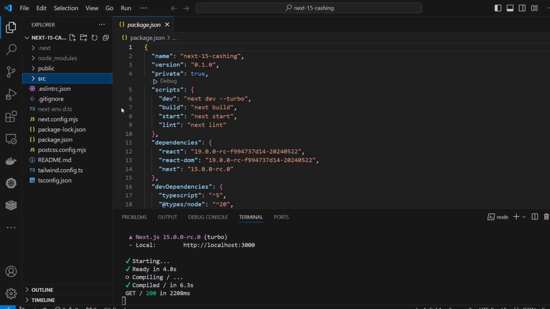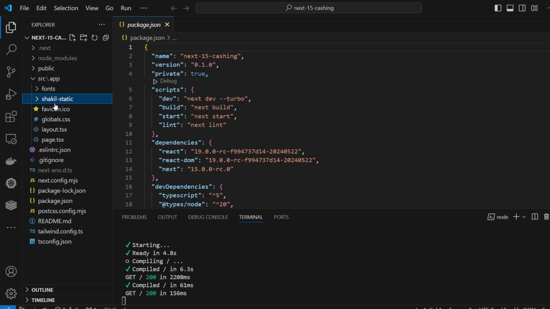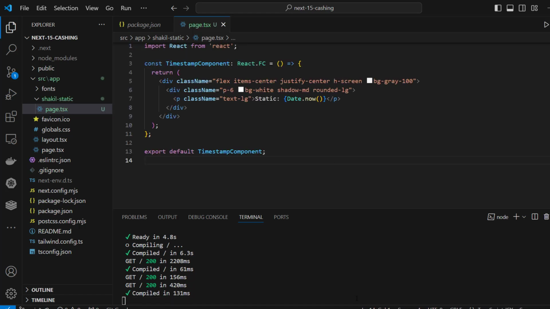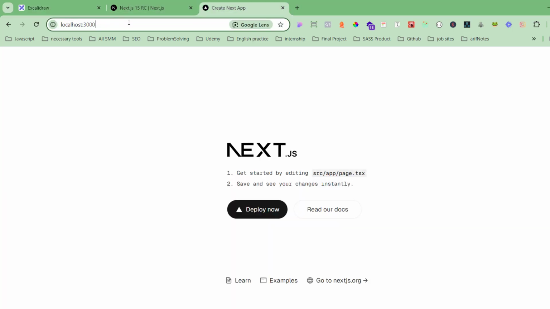So let's create a folder. I'm giving my name, Shakil, to differentiate it and make these things a bit different so that I can recognize it easily. Static. And give it page.tsx, and inside page.tsx, if I go over here and go to Shakil static,